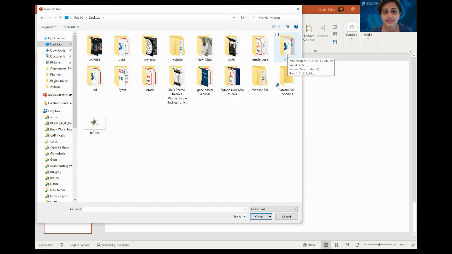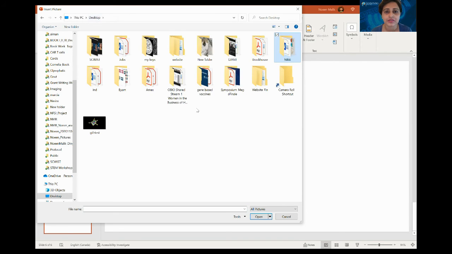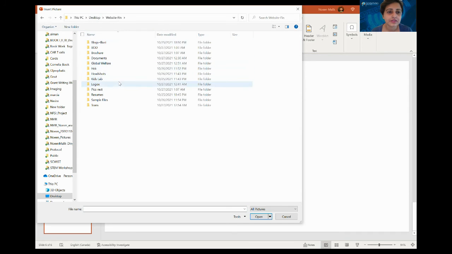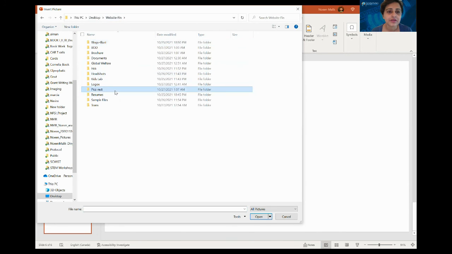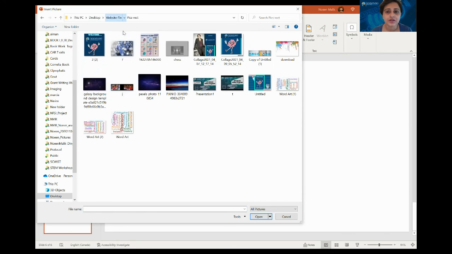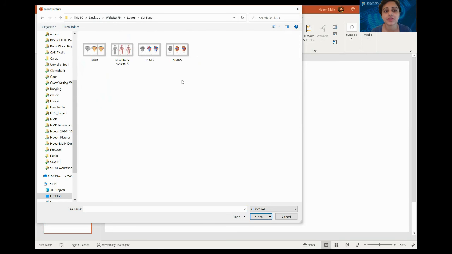For an example, I can use some of the graphics that I made. Let me go to illustrations, and the rectangle picture. No, logos here. So let me use some of my illustrations. These are the illustrations that I actually drew on the computer in Microsoft Paint. All these pictures were made in Microsoft Paint.